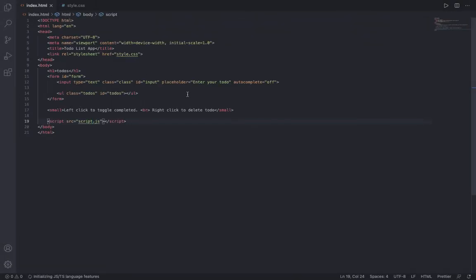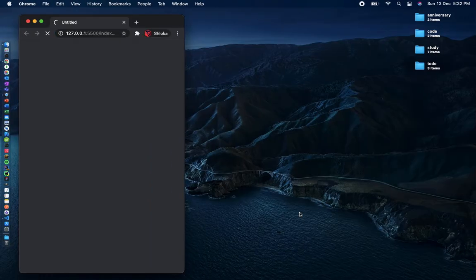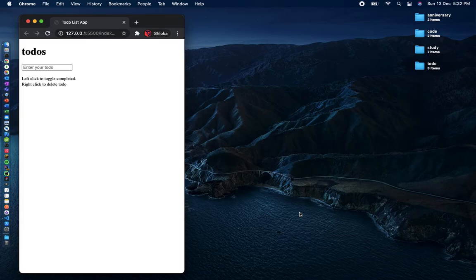Now first let us open it with the live server and check how that is looking. So it is opening in live server. You can see right now we have not added any CSS, so it is looking very bad. So now